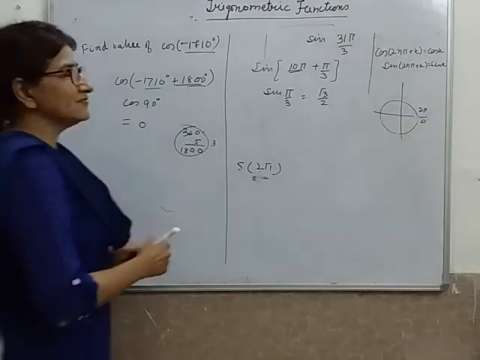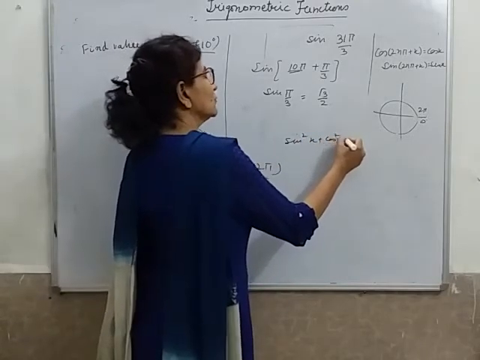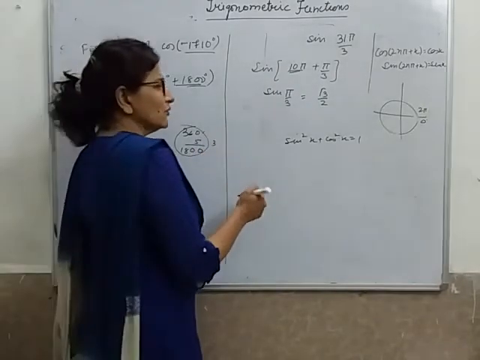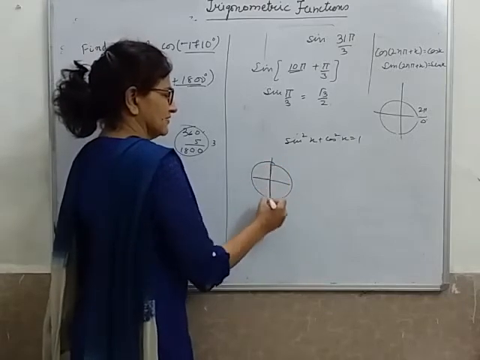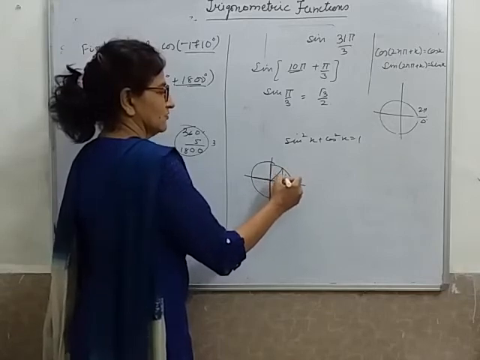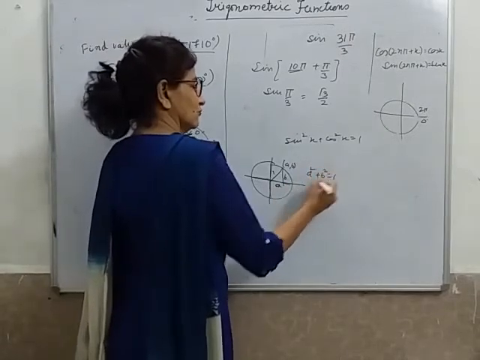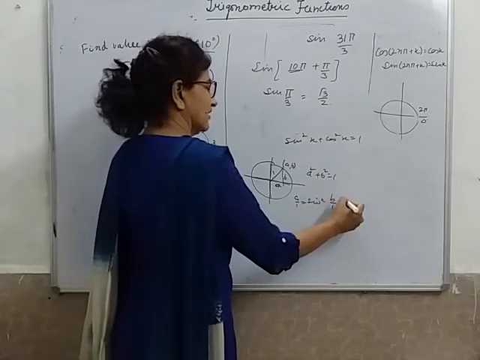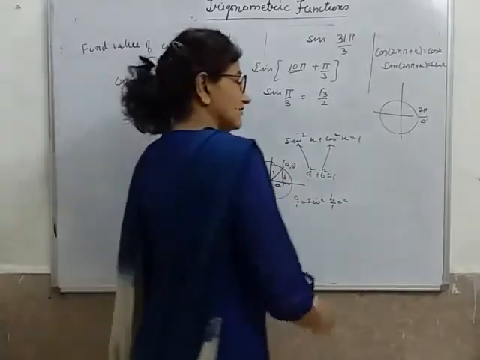In the previous video I forgot to tell you something. We had used this identity to calculate the values in different quadrants. I just want to share one small thing. I had shown you in the second video that if this is a unit circle, this is A and this is B, and this point is (A, B), and this is 1, then A square plus B square equals 1, where A is A by 1, sin x, and B is B by 1, cos x. So sin square x plus cos square x equals 1. This I had told you on that day.